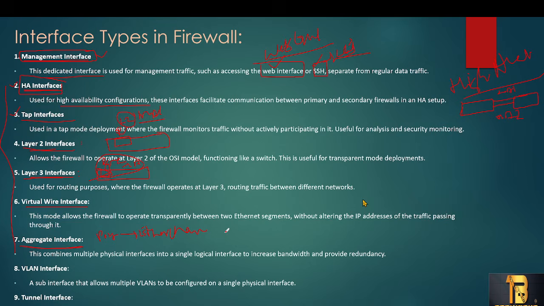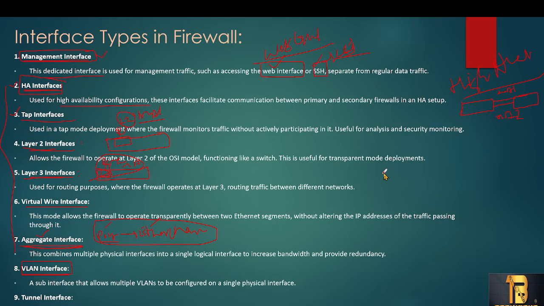That is the main purpose of the aggregate interface in Palo Alto. Same as how you use port channels and ether channels in Cisco routers or switches, in Palo Alto you will have the aggregate interface. And next we will have a VLAN interface. This VLAN interface is used to carry particular VLAN traffic.